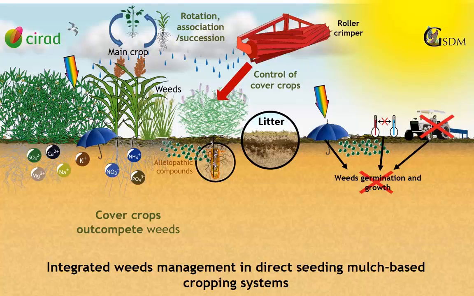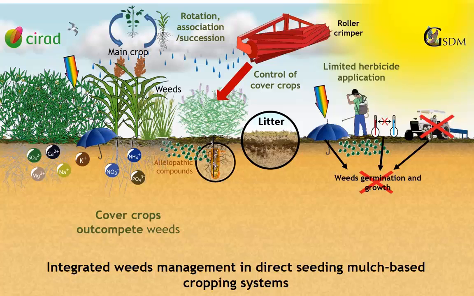The quality of the roller crimper is of paramount importance to control the cover crops without use of herbicide, and to create a homogeneous layer of biomass on the soil surface that will become the litter. Thus, cover crops and the associated soil cover enable a significant reduction in both the weed seed bank and the weed pressure. The fourth tool is the use of herbicide that is limited if the litter is thick enough to